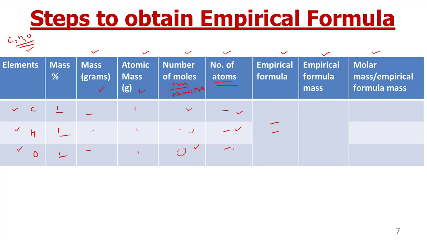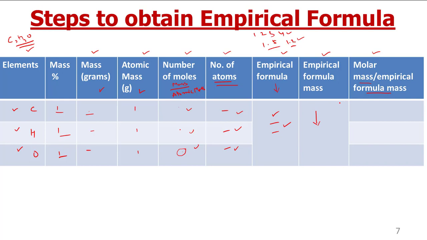If these numbers are whole numbers, that is well. If these are not, then we will multiply these values by a suitable number to get the whole numbers. So we don't require fractions, we need whole numbers like 1, 2, 3, 4. We don't want like 1.5, 1.2. So these are fractional numbers, but we need whole numbers. Then this will be the empirical formula. In order to find the molecular formula, we will write the empirical formula mass from this formula, and we will calculate molar mass divided by empirical formula mass to find a number by which we have to multiply the empirical formula to get the molecular formula.